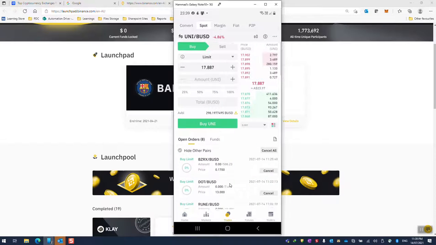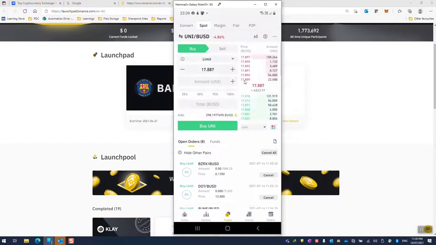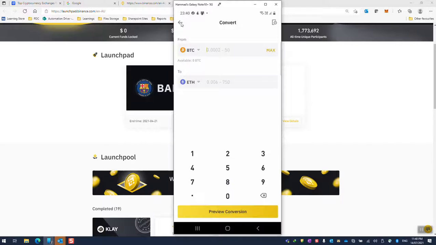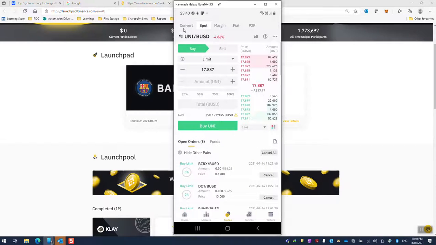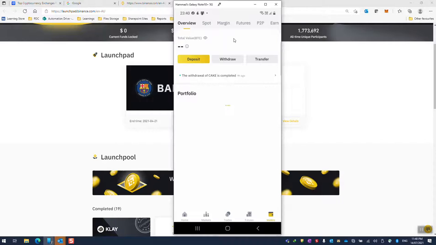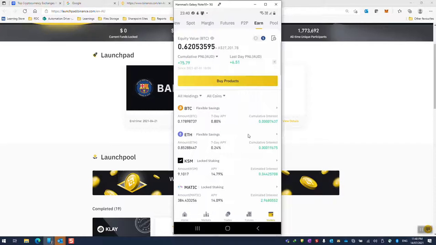So it's pretty intuitive. As I said, I don't recommend margin trading in this section. The convert option is very simple. If you want to convert between any tokens, you can use this convert feature. All you have to do, as I said, is go to trades. This is where you can do live trading or spot trading, and you can also do conversions. If you want to go to wallet, you can just click on wallet and it will give you a quick overview. You can go to the earn section and it will show you